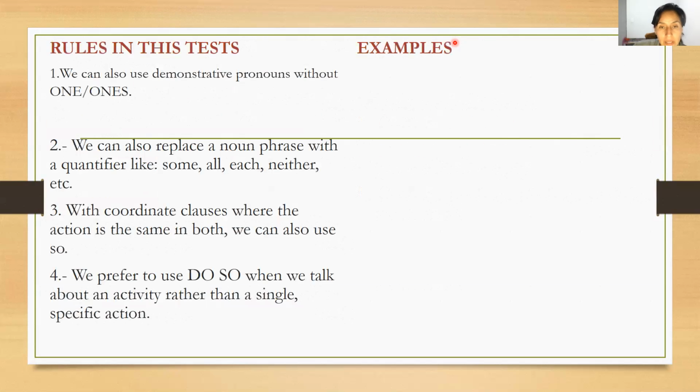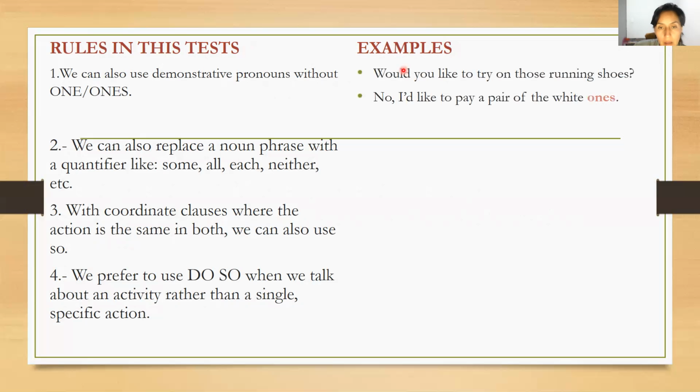We have the following rules to apply substitution, and I'm going to explain them with the following examples. First, would you like to try on those running shoes? No. I would like to buy a pair of white ones. The word ones can substitute for running shoes because it does not affect its grammatical structure. Next,